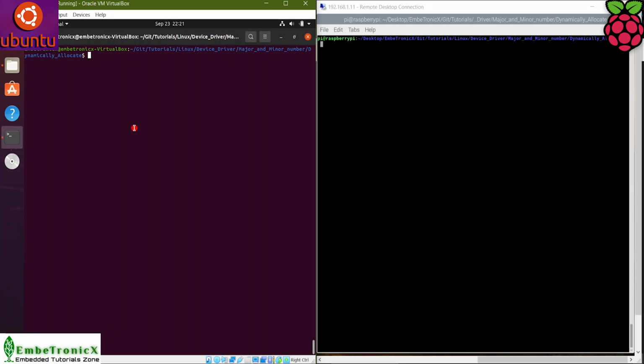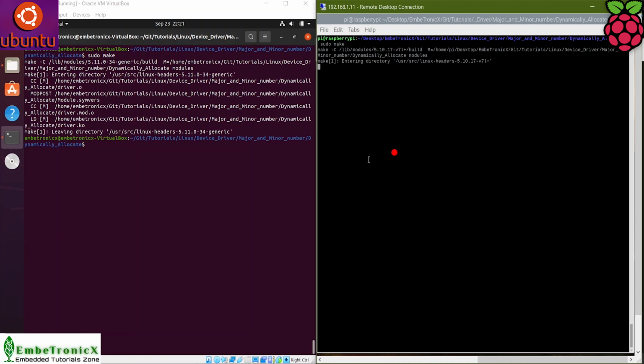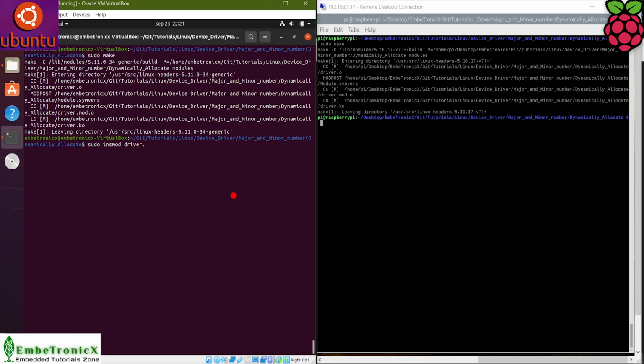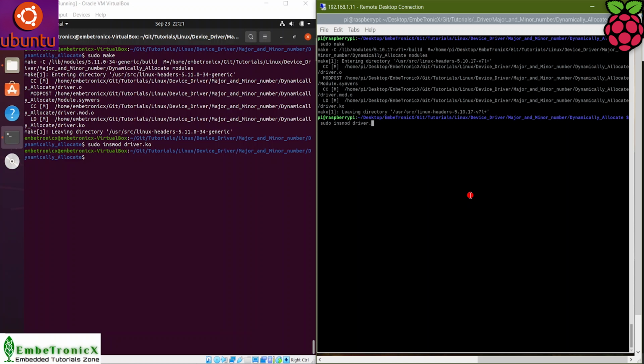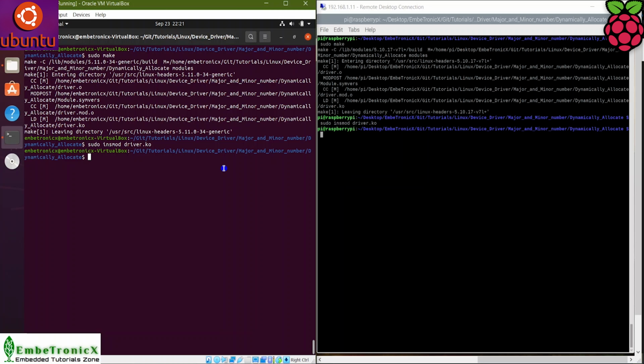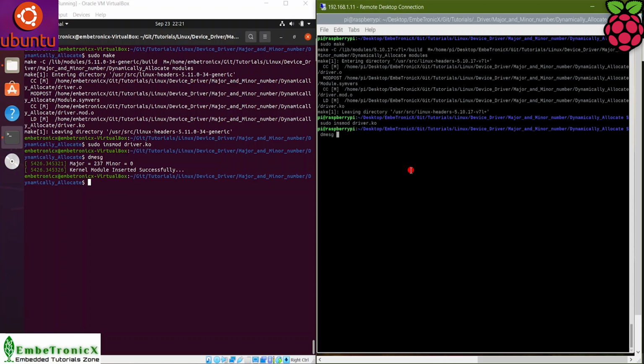We did not ask any particular major number in this example, so the kernel will allocate any available number. First, build the source code. Load the module. Check the dmesg. In Ubuntu, the kernel assigned 237 as our module's major number.